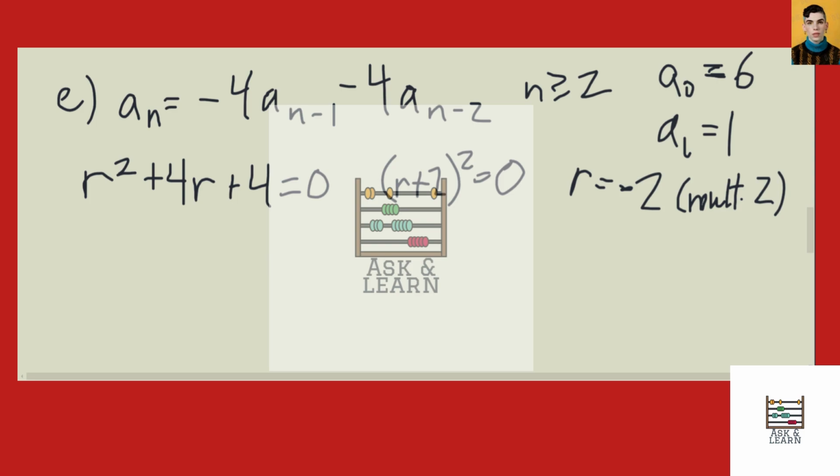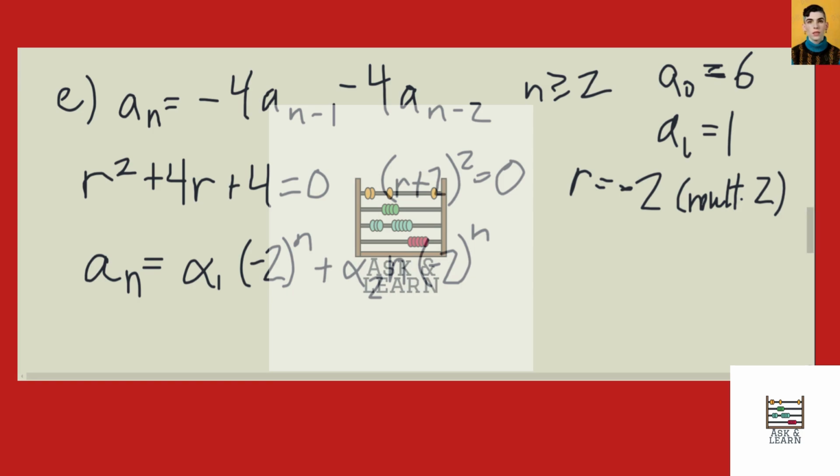And so it follows that the general solution is a_n equals alpha 1 times negative 2 to the n plus alpha 2 times n times negative 2 to the n. And using our initial conditions, we have that 6, which is a_0, is equal to alpha 1. And we have that 1, which is a_1, is equal to negative 2 alpha 1